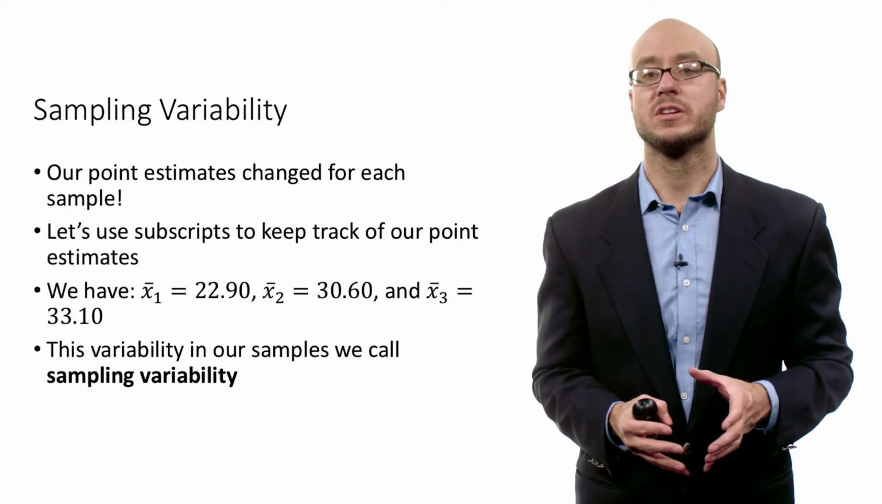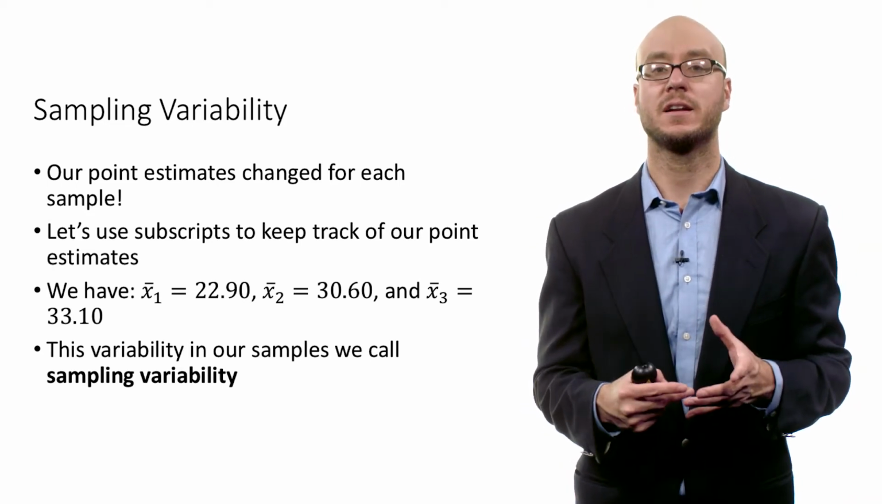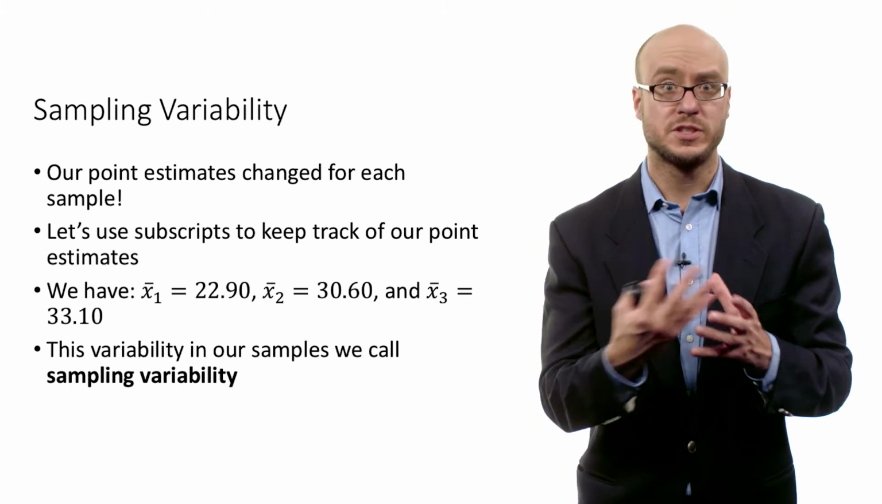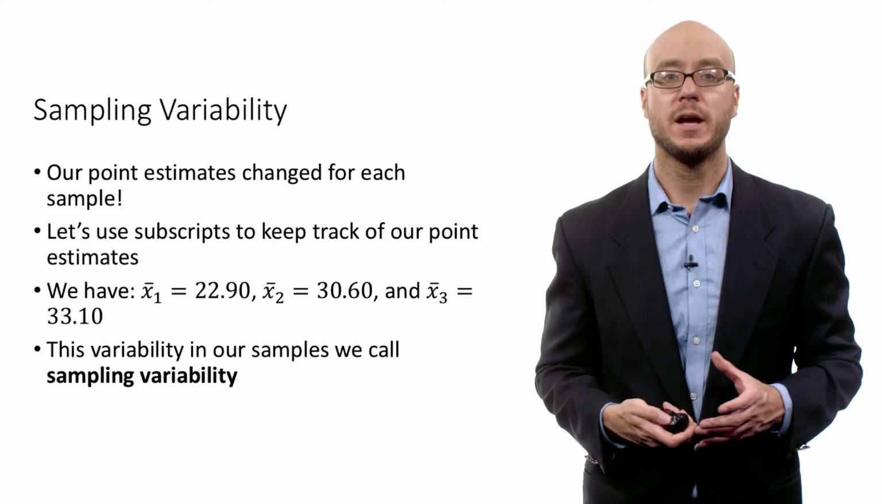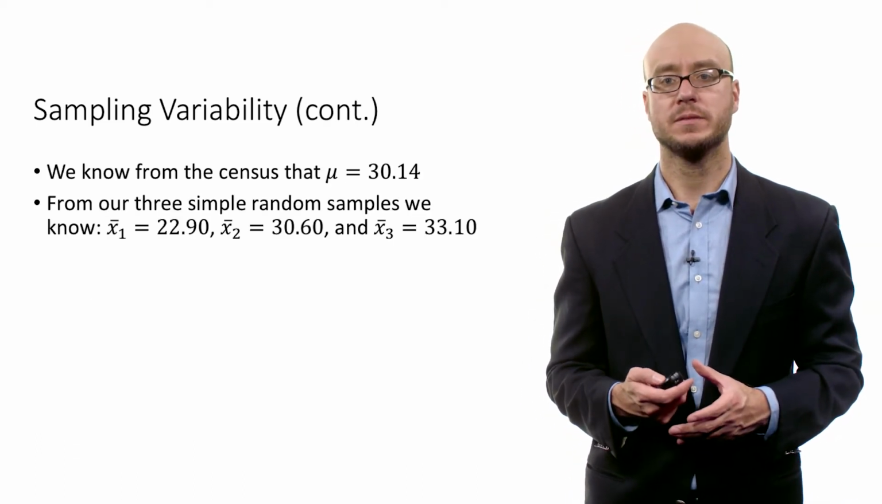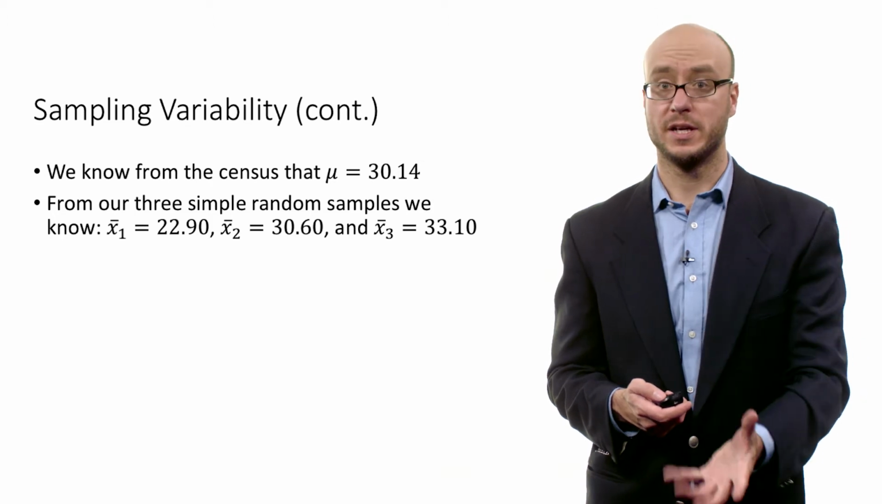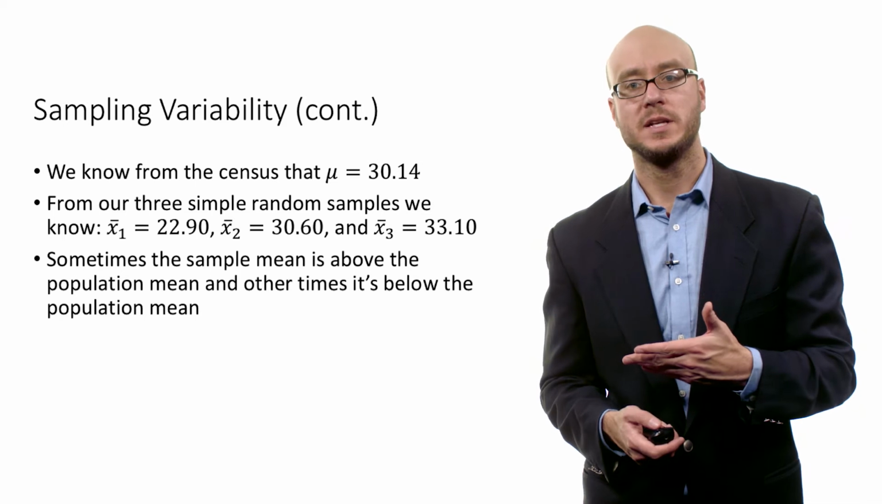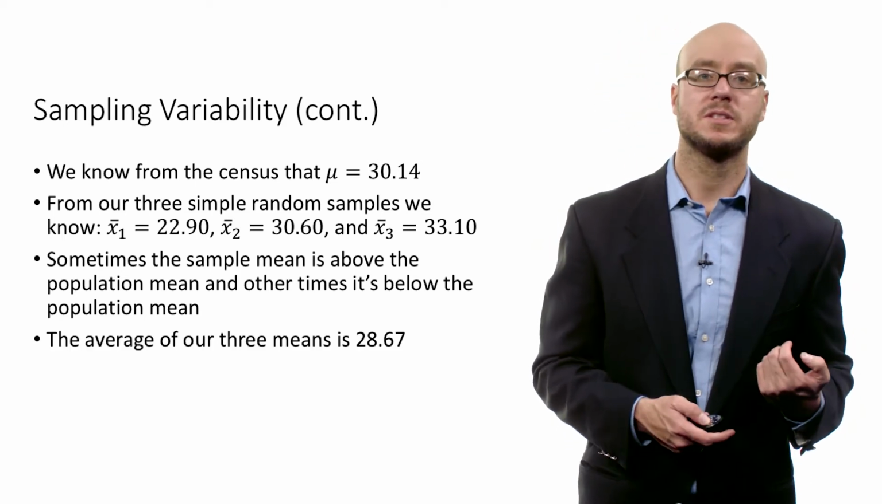And that variation is just a reflection of the fact that when you collect a random sample, those sample means are going to change, they're going to jump around just through sampling variability. Well, we know the population mean is 30.14 because we have the census data. And you can see sometimes the sample mean is above the population mean, and other times it's below the population